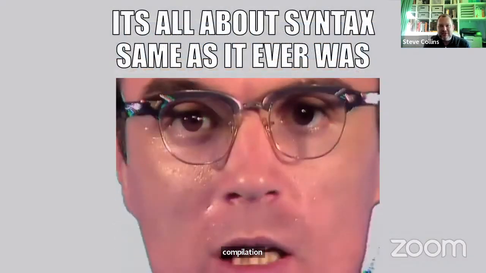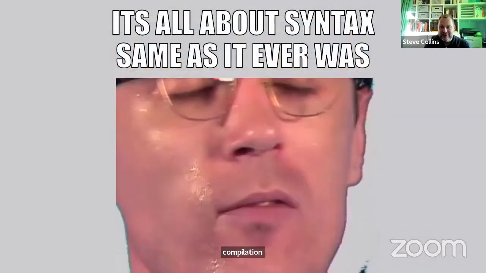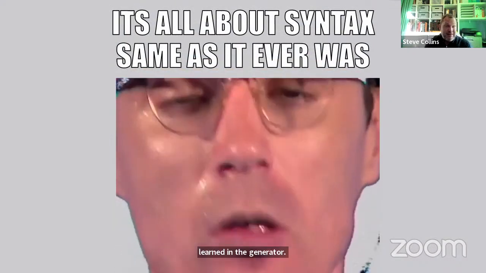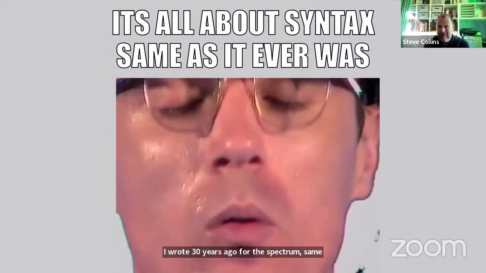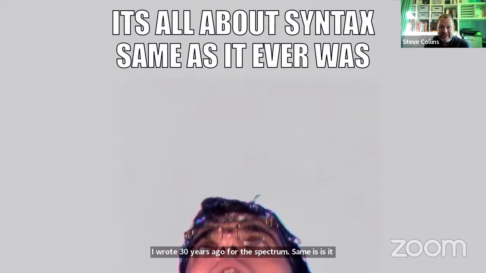This is where it comes back full circle to what I learned in the generator I wrote 30 years ago for the Spectrum. Same as it ever was, to quote the song, it's all about understanding the language syntax. But this is where I was having to understand how to generate code that would withstand the Spectrum's BASIC parser with all our source generators.